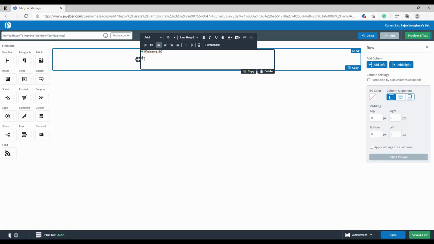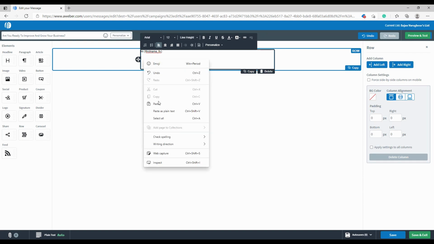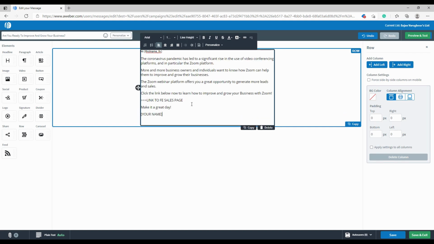Let me delete this portion, and right click here and paste. You can see that the email is pasted here. Unless you want to change something here, all you have to do is put your sales page link here,